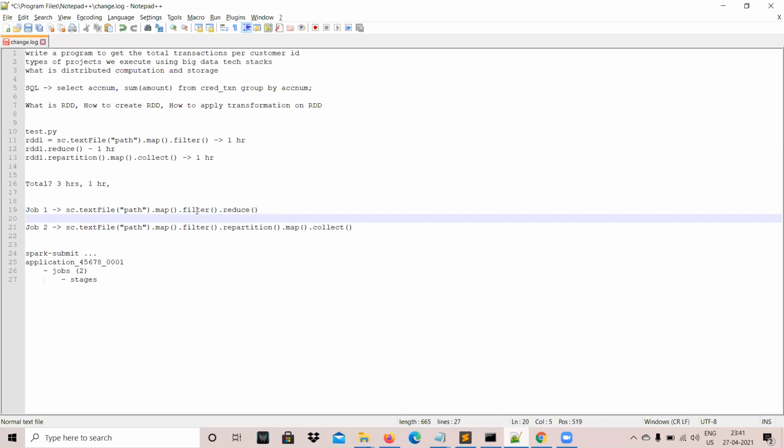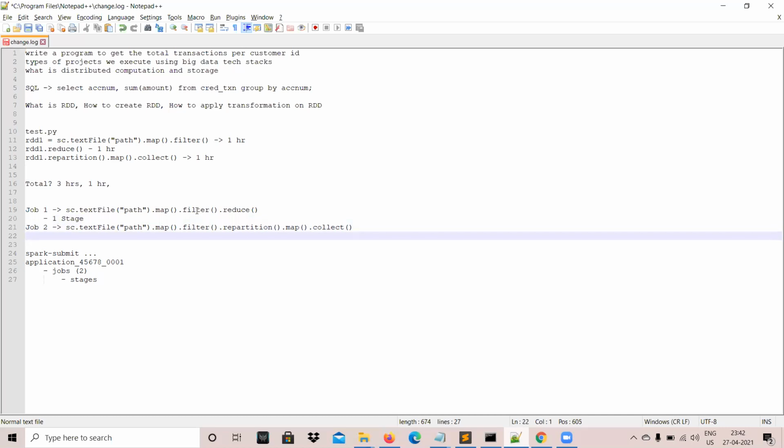Three stages. How did you know 3 stages? Map transformation, filter. So what is the definition of a stage? How is the number of stages decided? It will be one stage. It depends on the number of wider transformations. These are all narrow. Map is a narrow transformation, and filter is also a narrow transformation. So it's a single stage job only.